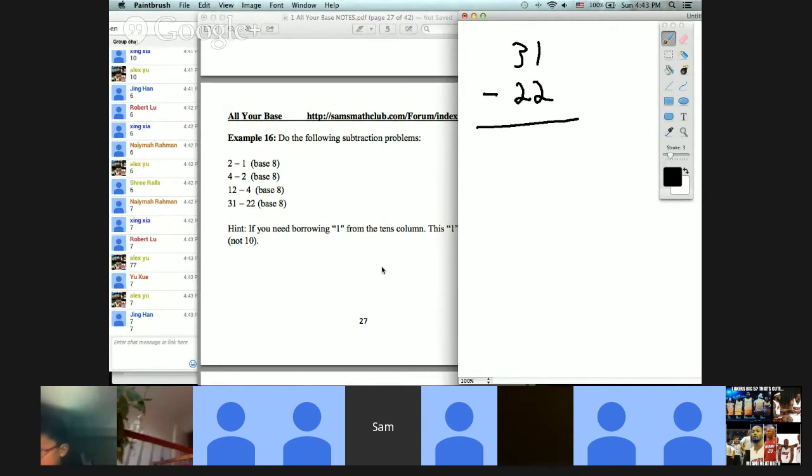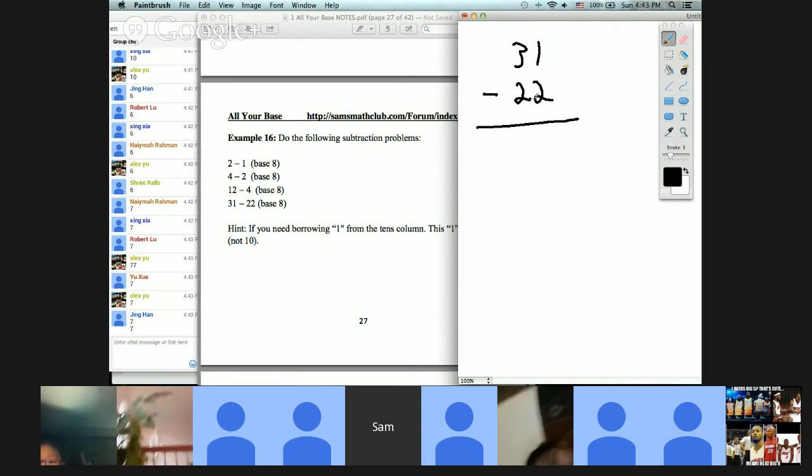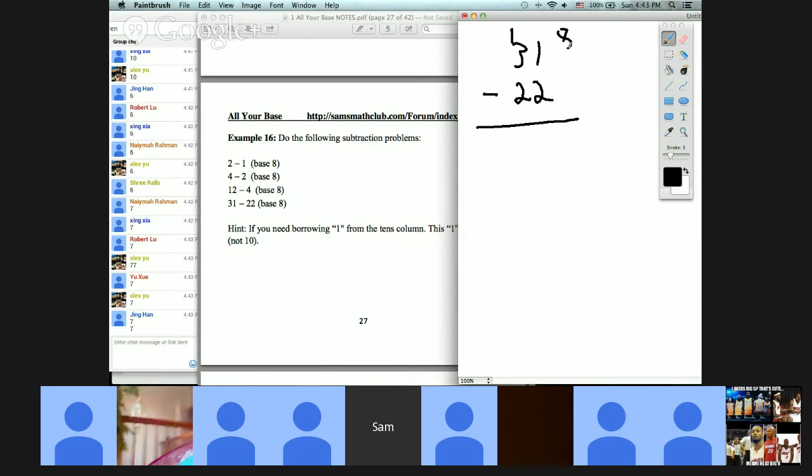Right, nice job, everybody. Seems to have gotten 7. Again, real quick, since you can't subtract 2 from 1, you borrow 1 from over here. You borrowed 8, so this becomes 8. If it was base 10, this would be 10. So 8 minus 2 is 6, plus 1, 7. That should be your final answer,